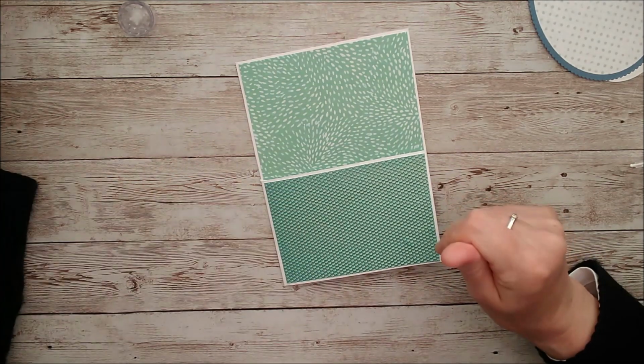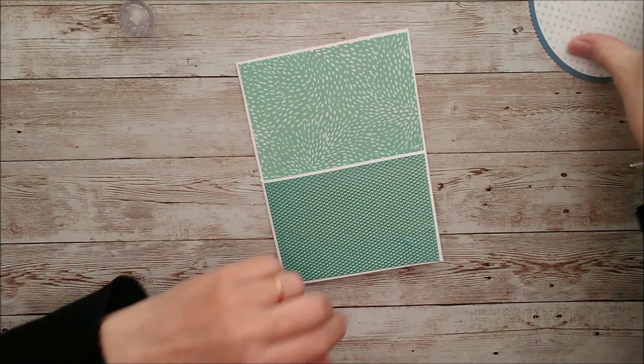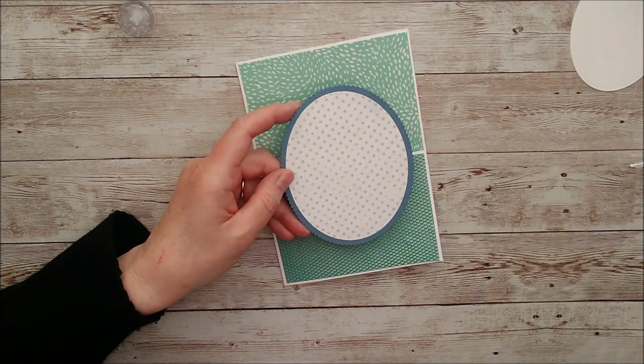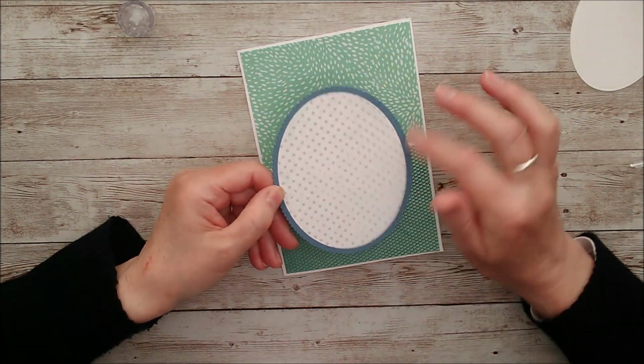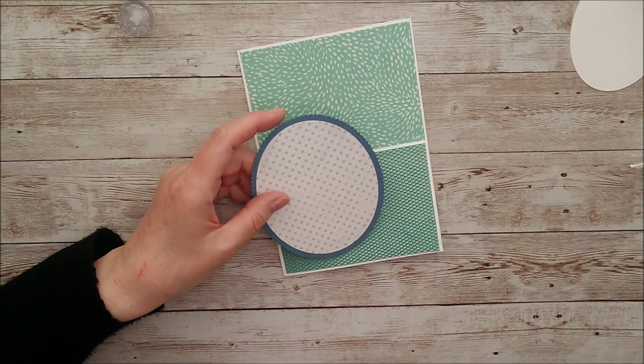But this time I just wanted to do a little oval shape on it, and I've gone ahead and I have die cut an oval. It's a really easy card, but it's just slightly different from normal. So I've die cut an oval and a smaller oval on the inside there, and I have coloured in my